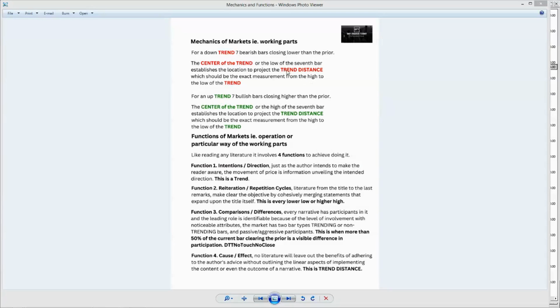Every author who writes will tell you the title, and until the last remarks, they're going to mention what the book is all about. I want to tell you the chart is the same way. It's just information. We have the reference points of open, high, lows, and close, but the chart is information, and that's all it is.